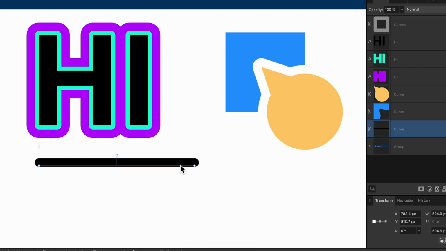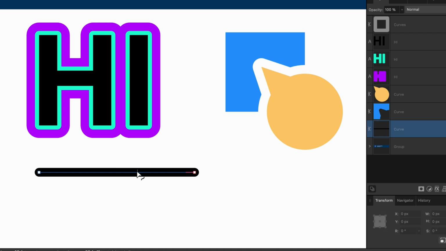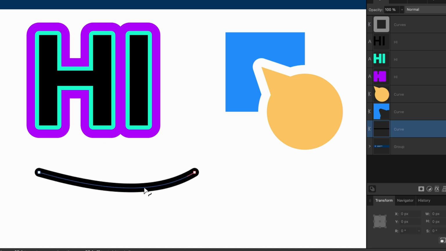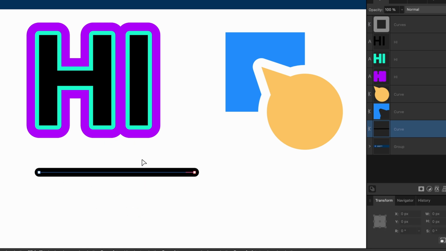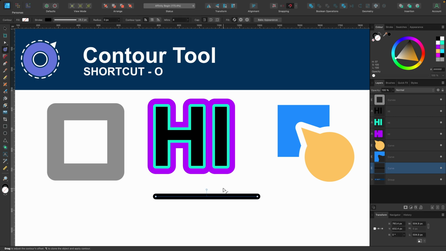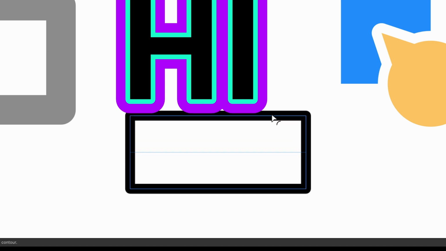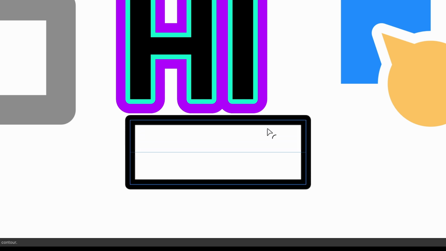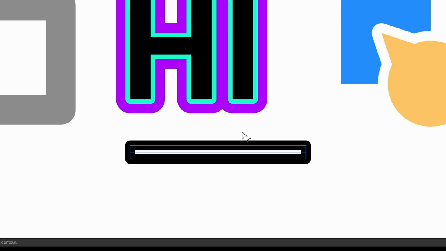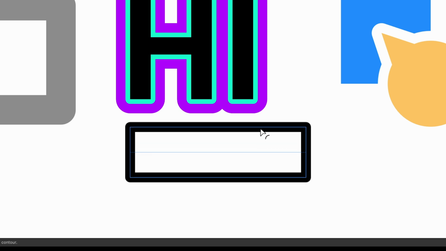Okay, let's look at the last option. And this is basically just one stroke. And I'll just go on the node tool to show you. It's just a stroke. There's no fill or anything like that. So with this one, I'm going to click on O for the contour tool again, and I will just click and drag to see what happens. And as you can see, if I go right, it goes bigger, left goes a bit skinnier. So basically, it looks like it's creating a box just from a line, which is cool.